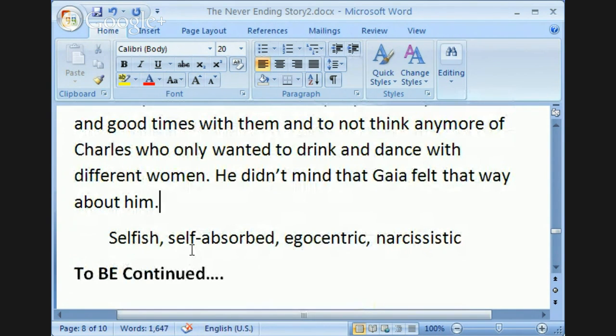You can't just say, "I feel." That makes no sense, right? You have to say how you feel. I feel angry. I feel happy. I feel that way. I feel a certain way. I can't just say, "I feel." "He didn't mind that Gaia felt." Felt what? You can never use that verb without saying how someone feels. All right. And now,